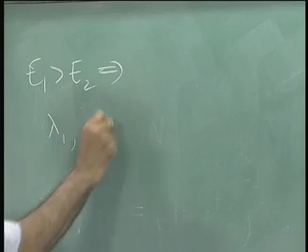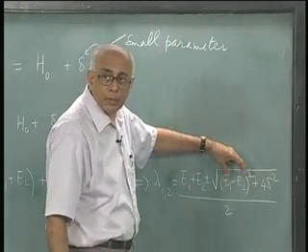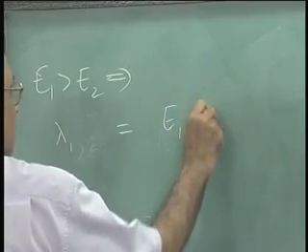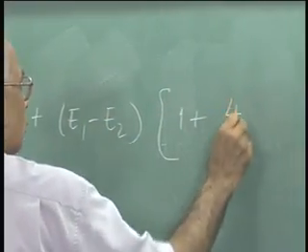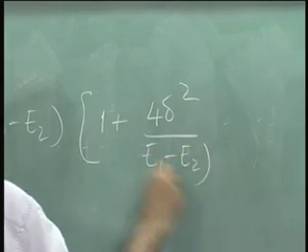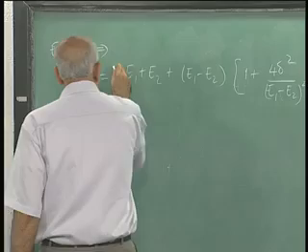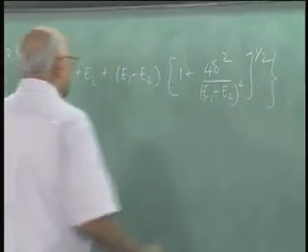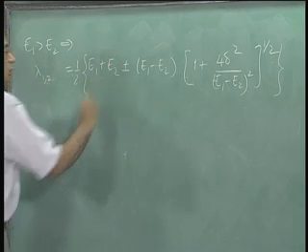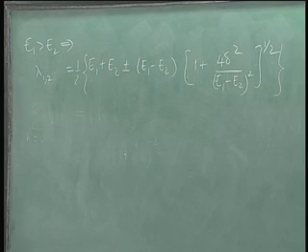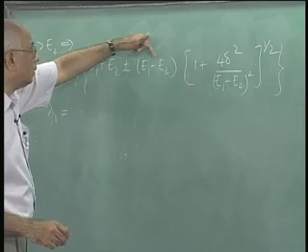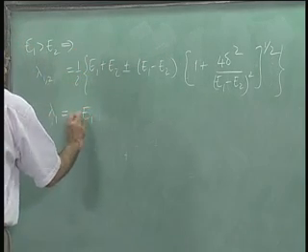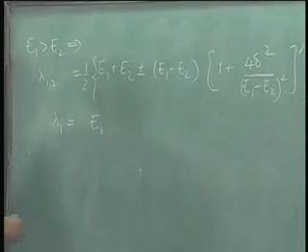this implies that lambda 1, 2, lambda 1 for instance, is E1 plus E2 plus, I pull this out and it becomes E1 minus E2. So it is E1 plus E2 plus E1 minus E2 times 1 plus 4 delta squared over E1 minus E2 whole squared to the power of half, and you have 1/2 this whole thing. So lambda 1, 2 is this plus or minus that. So what does lambda 1 become? Lambda 1 is E1 plus E2 plus sign here, so this is E1 minus E2, the E2 cancels, so you have E1 because this 2 cancels against 2 E1 there, plus